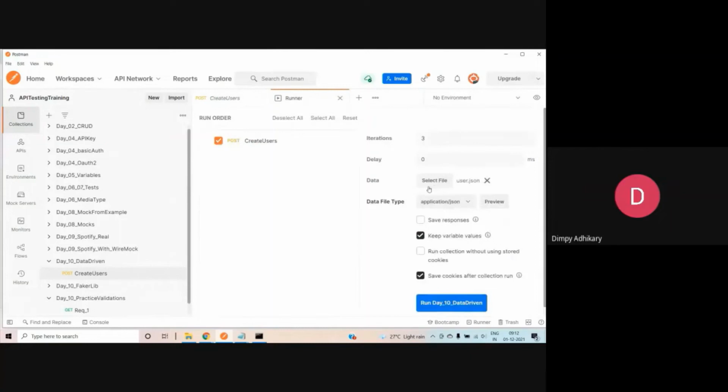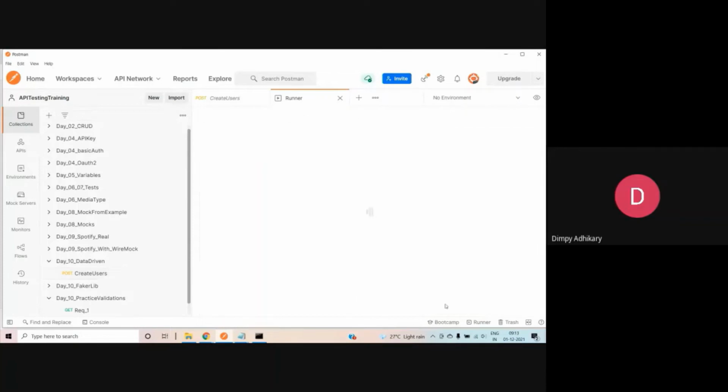Once you select that file, it will automatically update the iterations count. Since the file has 3 records, it has taken iterations as 3. That's all. Now if I run this,